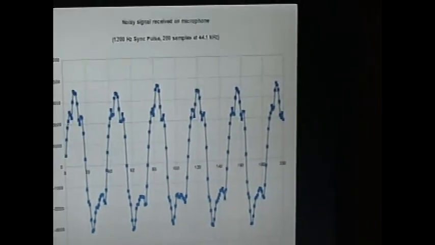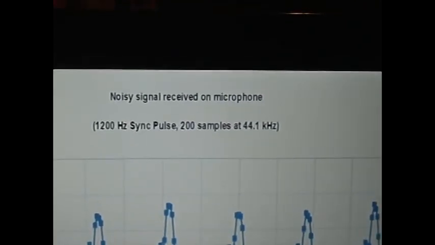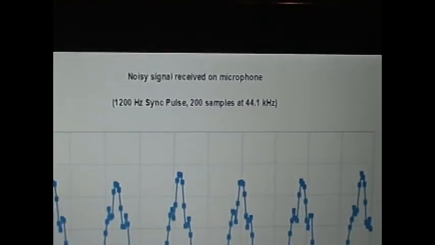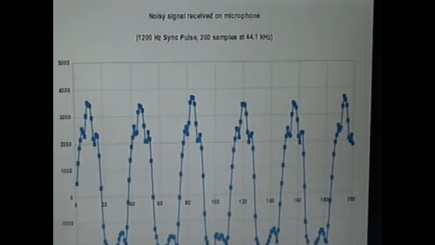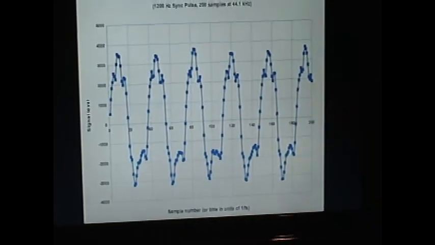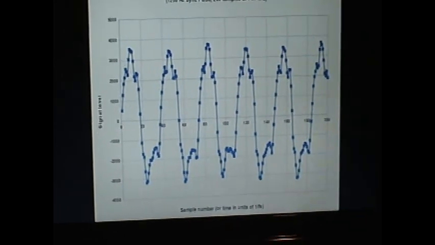But now I wanted to see what exactly I would get if I recorded a signal from the speakers using the microphone. So I played a pure tone signal of 1200 hertz, and then I recorded it with the microphone, and I printed and graphed these values. And as you can see, the human eye can make out a nice sinusoid, but you can clearly see there's noise in the sinusoid, and my simple demodulation technique will not be able to find the frequency accurately for a